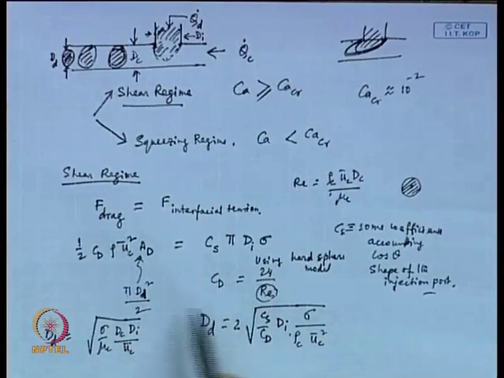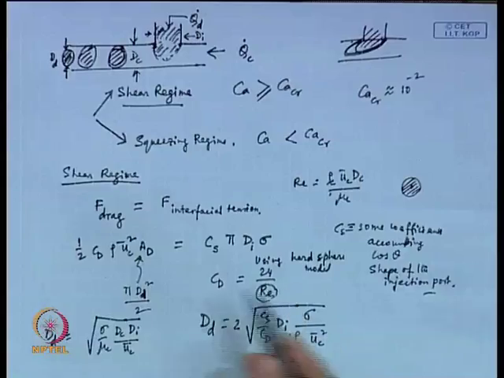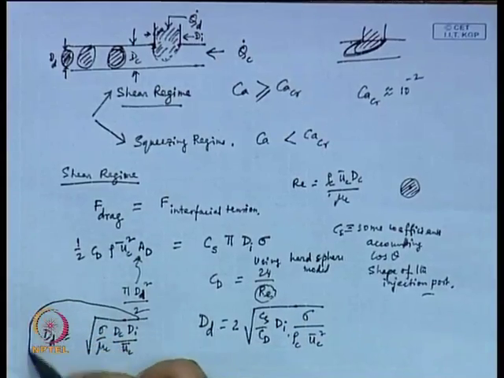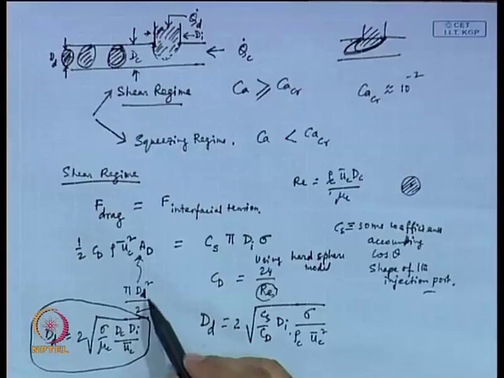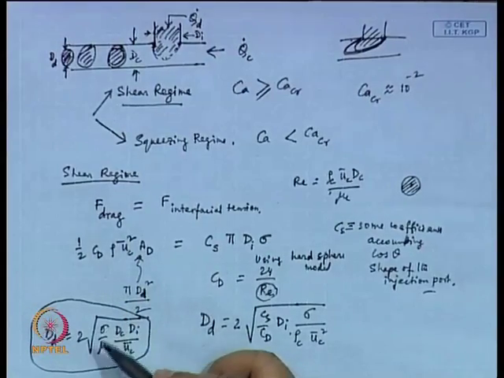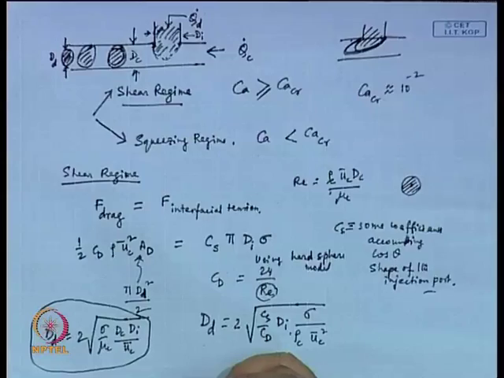If you bring in this Reynolds number, I think you take C s as 1 and C d as 24 by R e, this multiplied by 2 if it is taken as pi d square by 2. So, this is basically the equation for droplet diameter, which is equal to,